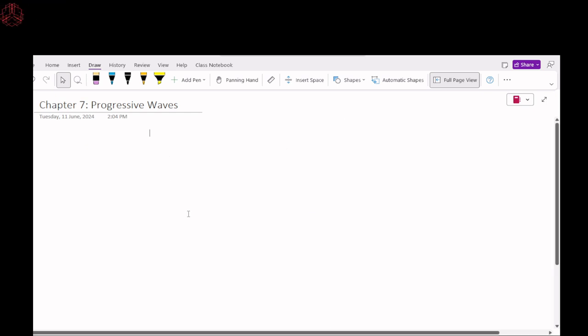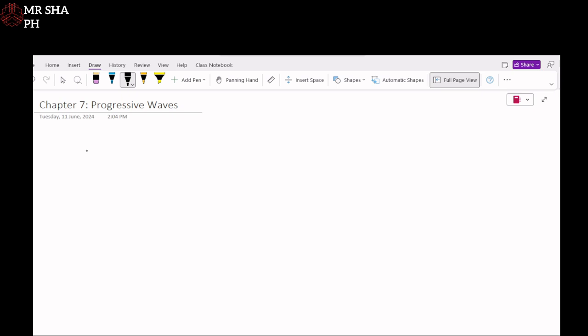Okay, so if you are at this point, that means you have watched the first part of chapter 7, which is simple harmonic motion, whereas this video is going to be on progressive waves, the second part of oscillations and wave, chapter 7. Okay, so the main difference is that for simple harmonic motion, for example, you have a pendulum that goes back and forth, right? It doesn't really move in space. It does move in space, but in a limited boundary, right? But for progressive wave,